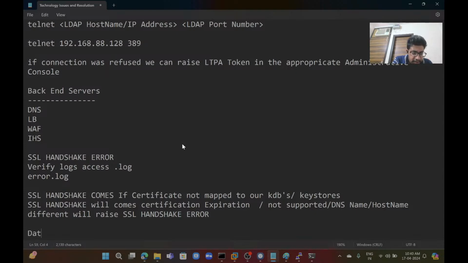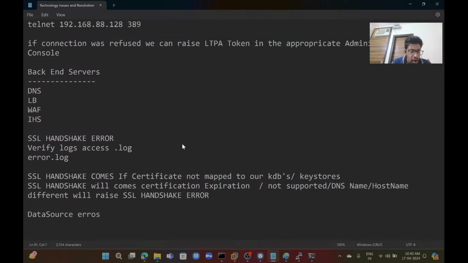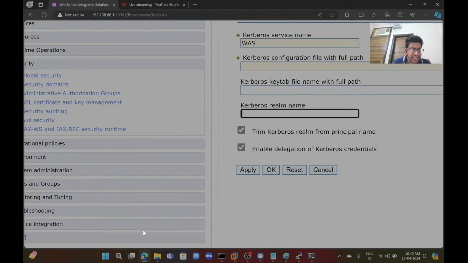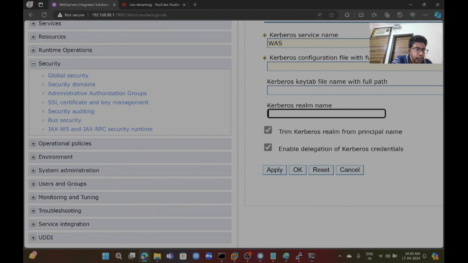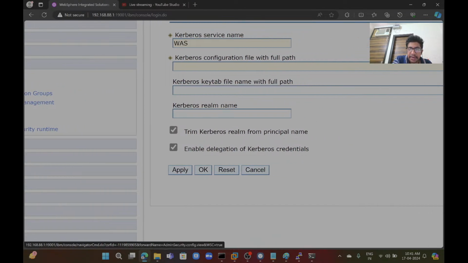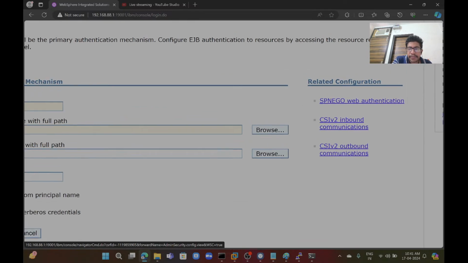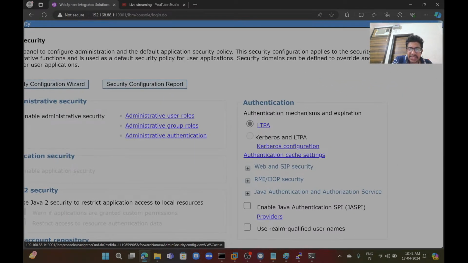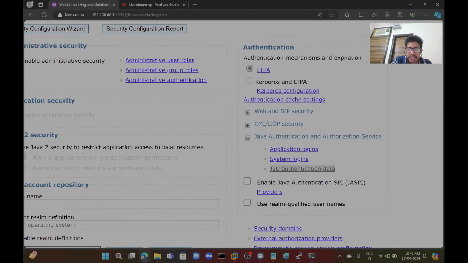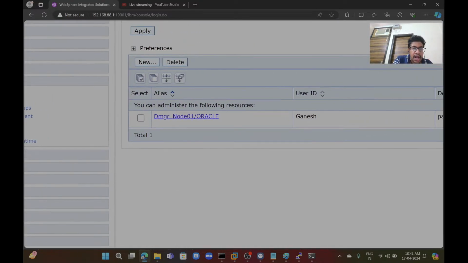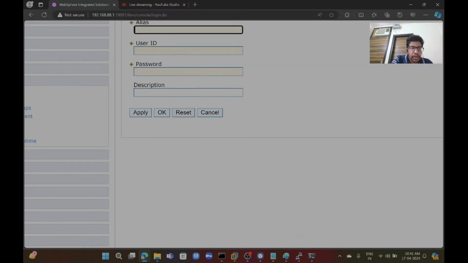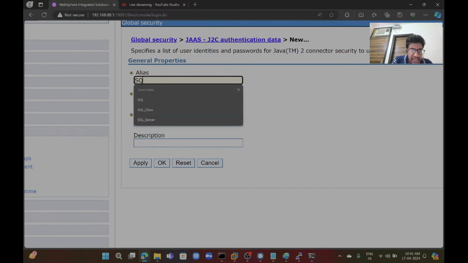Okay, data source errors. How to configure a data source? I will show practically how to configure a data source in real time. Go to Security, then Global Security. In Global Security there is J2C authentication data, and we configure a new one with an alias